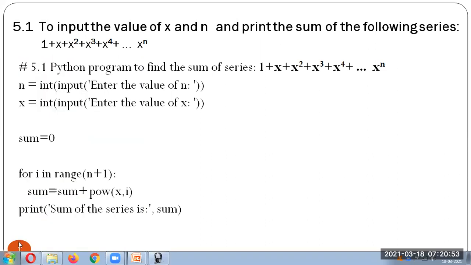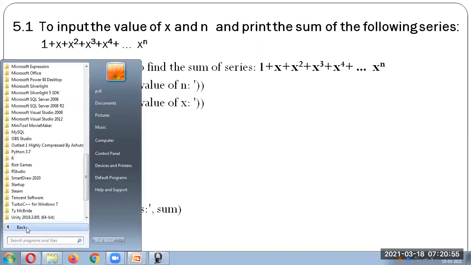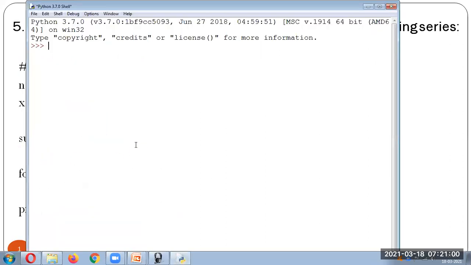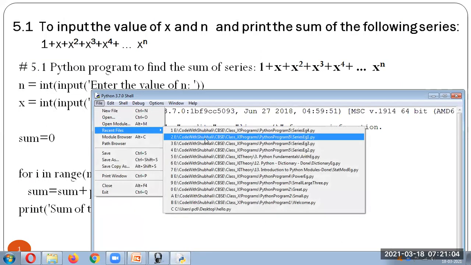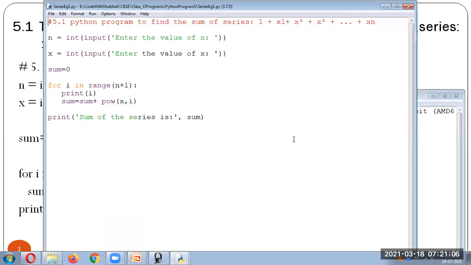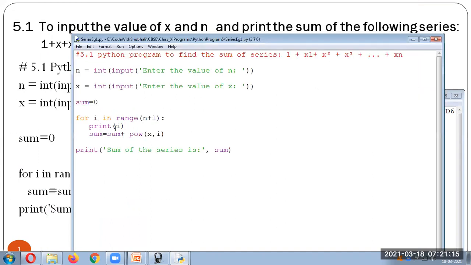Here I have printed the value of i also, just for understanding purposes, so that you understand what exactly the value of i is.